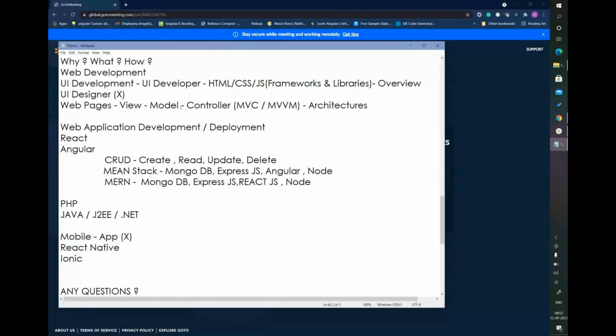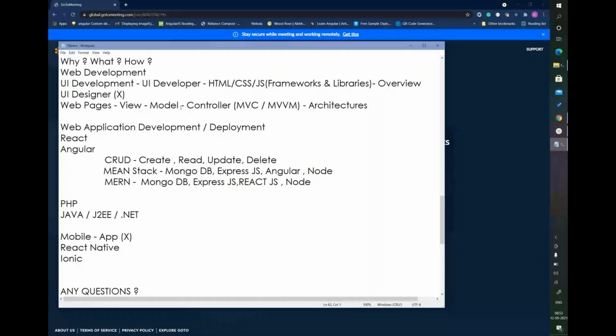So these are very much competing nowadays with Java, J2EE, .NET. If you have already learned Java, J2EE, Python, .NET, whatever the programming language, those are programming languages. In comparison, there are scripting languages.